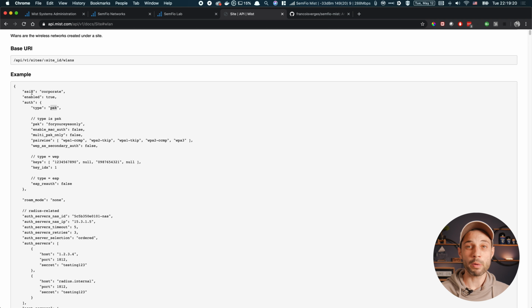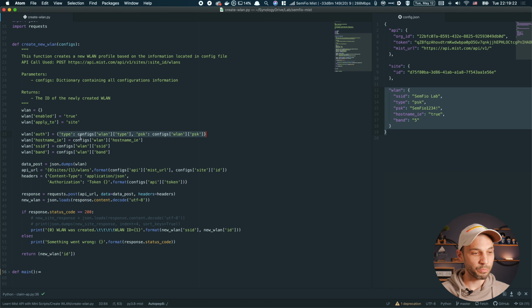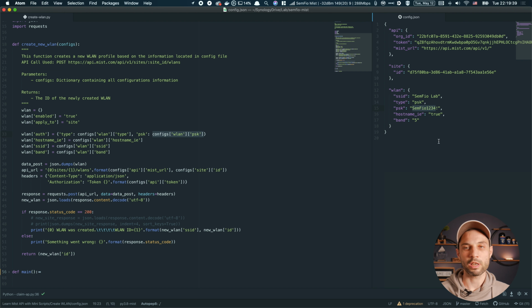Okay, so that's the minimum that you have to do here. That's pretty much what I did here. I specified the type to be whatever the type is in my config file. In my case, it was PSK, and then I configured the PSK to whatever PSK I had defined in my config file, which was SemFio1234 exclamation mark. Then I configure the hostname underscore IE to being whatever I have in my config file, so true